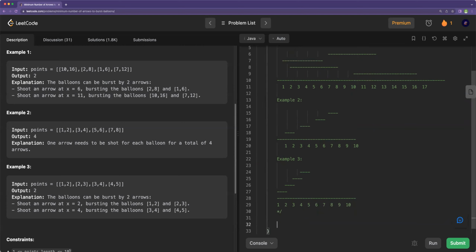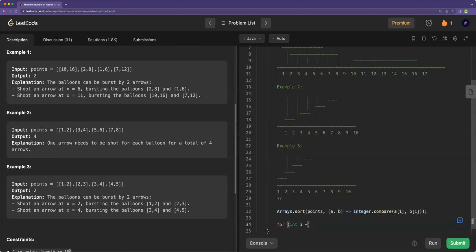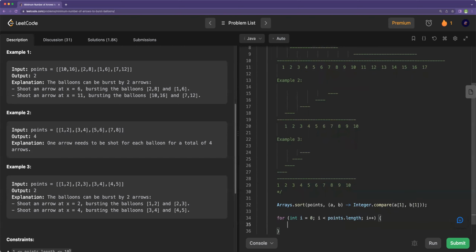So in the first step, what we have to do, we have to sort the points based on the ending point. So for that, we can use a comparator, Integer.compare based on the ending value. So we have to give a of 1 and b of 1. After sorting, we have to go through the balloons. We have to iterate over the balloons. And now if it is the starting balloon, we consider it. Or else when we consider as non-overlapping,